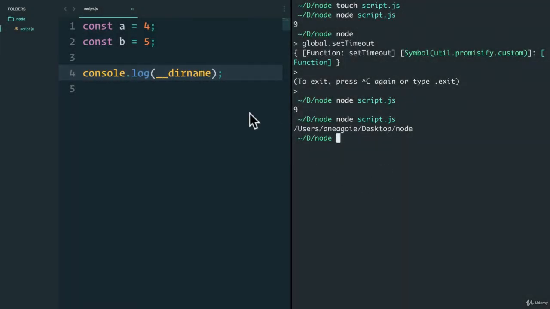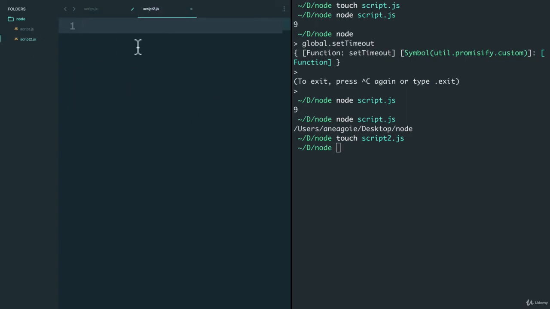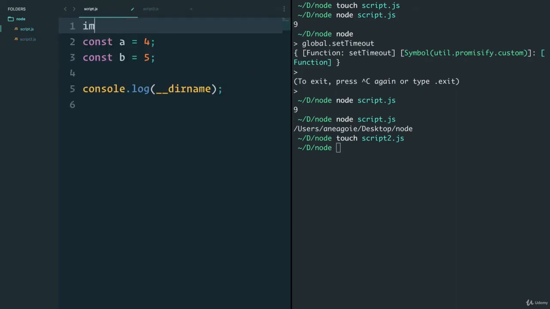Now going back to my example here, let's add a new file and we'll call this script2.js. Now the script2.js can have a constant called large number, and let's just say that's 356. And if we want to export this, we say export default large number, and now within script.js I do import large number